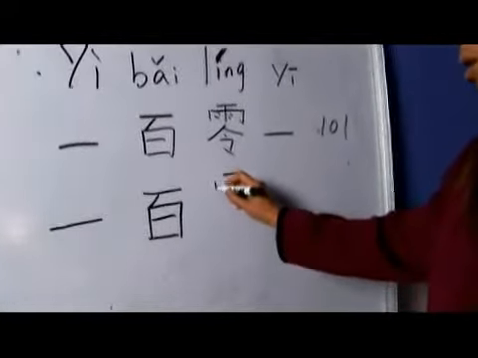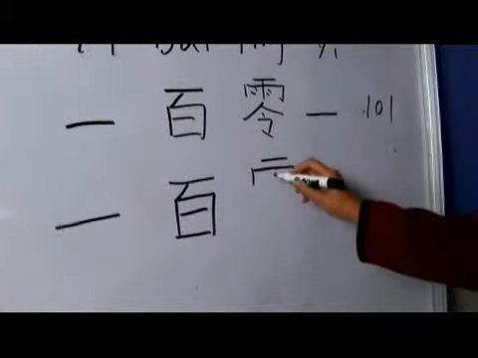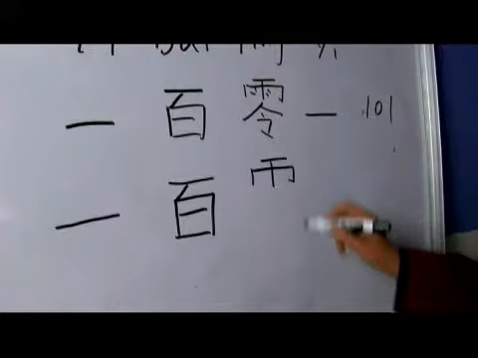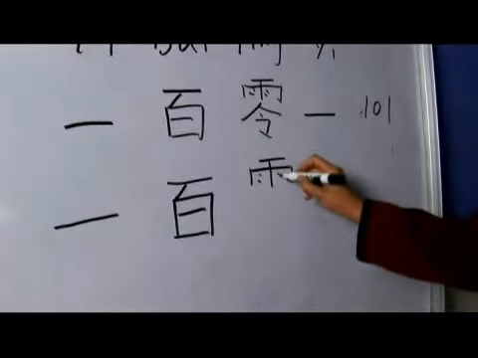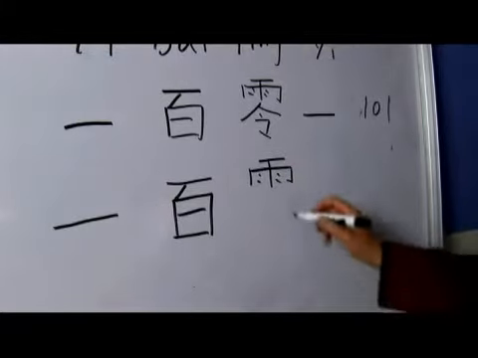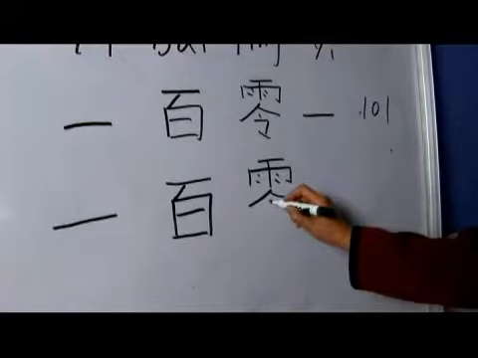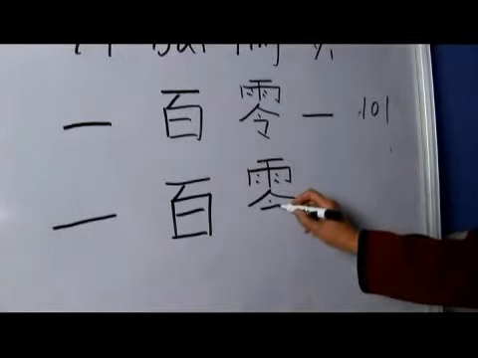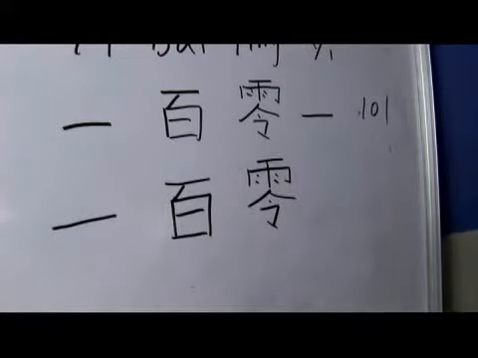So I have 横, vertical, and horizontal, vertical, a hook. So vertical, and then you have little 2 dots here on the left side, and little dots on the right side. And then you have a left falling, right falling, a little dot again. And you have a 横, horizontal, and you have a break here, and then here.